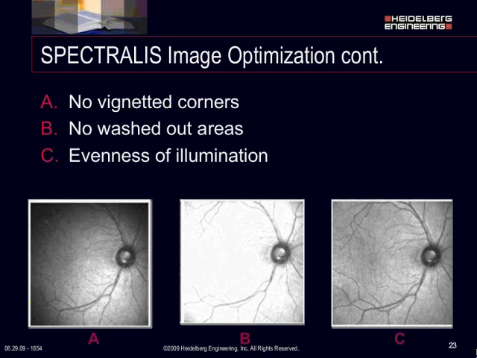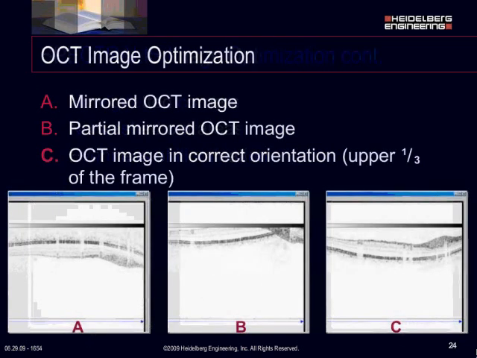We don't want any area washed out, as in picture B, because we're going to overexpose that area and lose detail in the image. So we want real nice evenness of illumination is what we're looking for. Now, when we do the OCT, once you get that HRA image looking good,